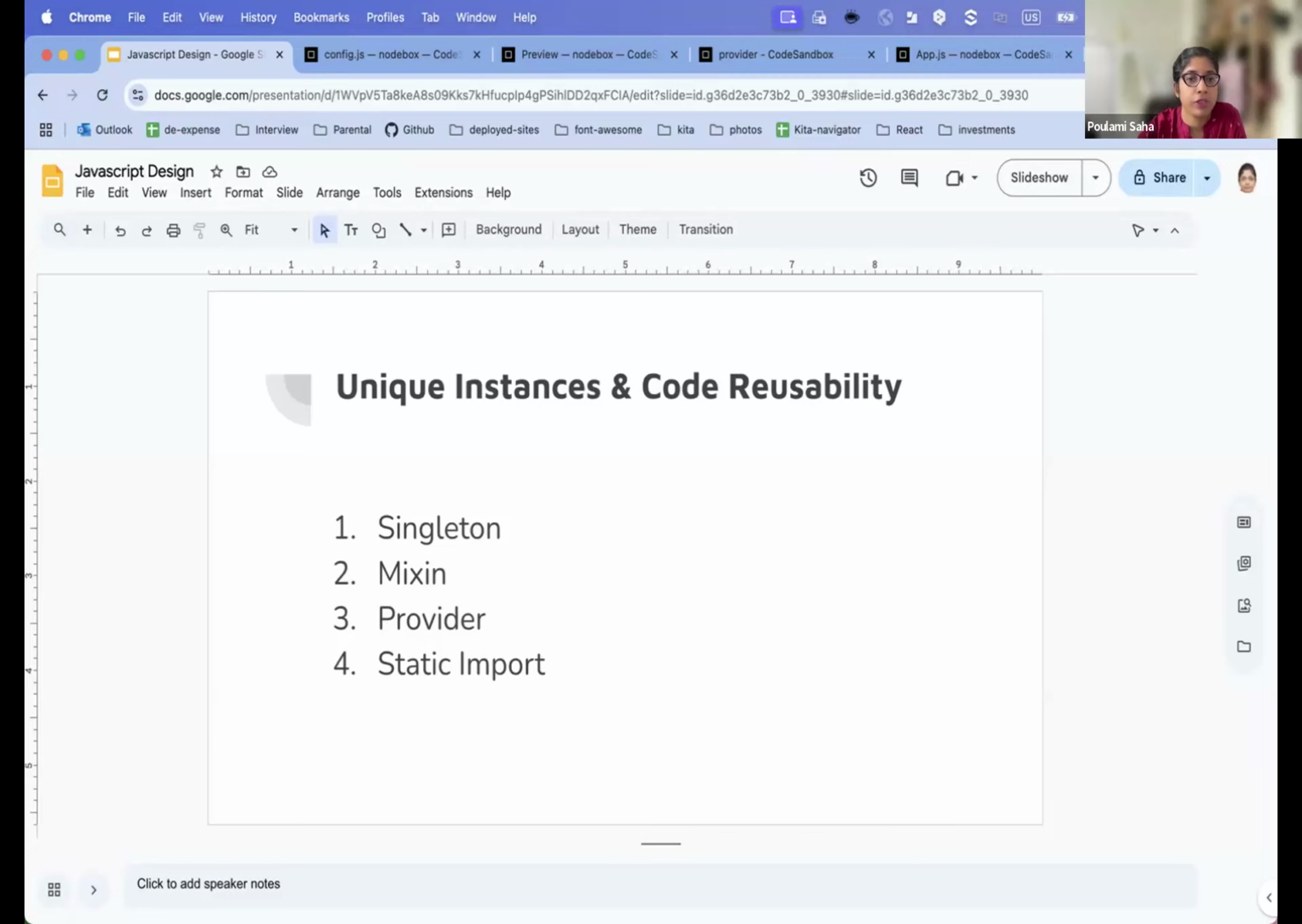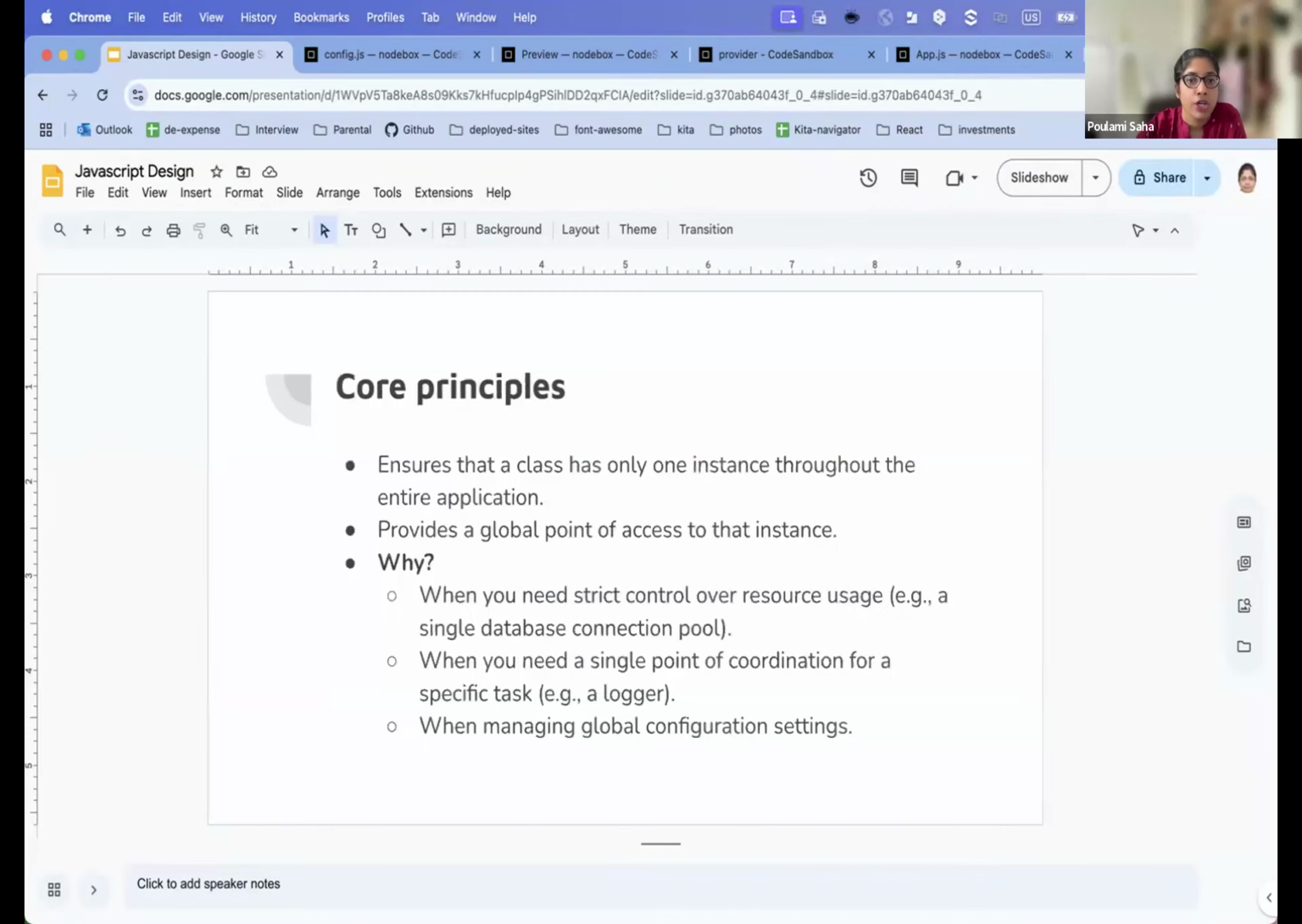So the ones we will be talking about include the singleton, mixin, provider, and static import. For all these 4, I will try to cover the examples in JavaScript, and if it is relevant in React, I will try to show a React example as well, of how we can use it in our daily life. So in the singleton pattern, the core principle is that it ensures that a class